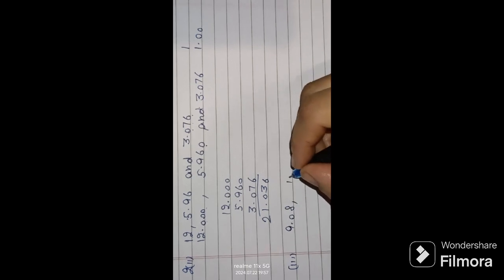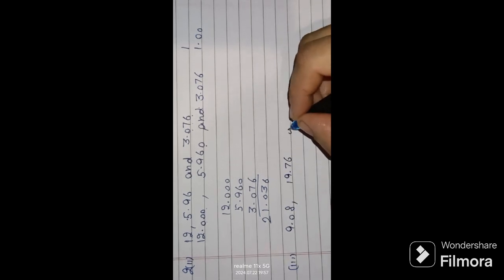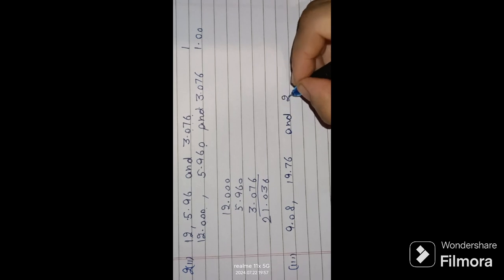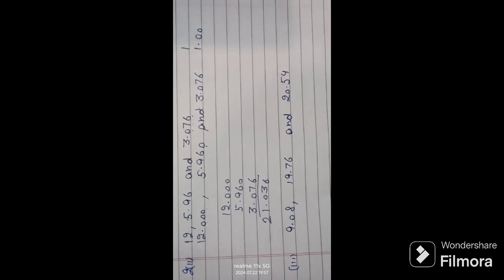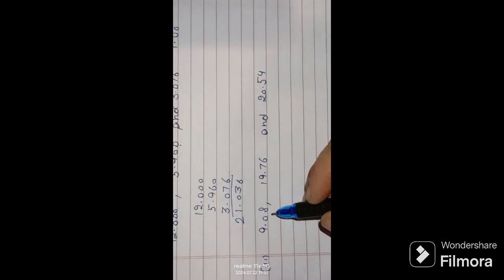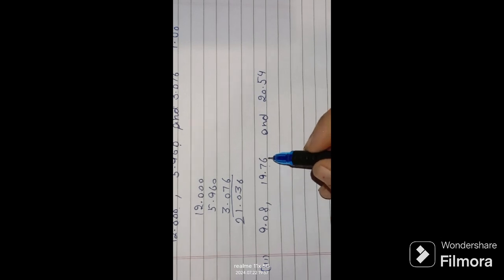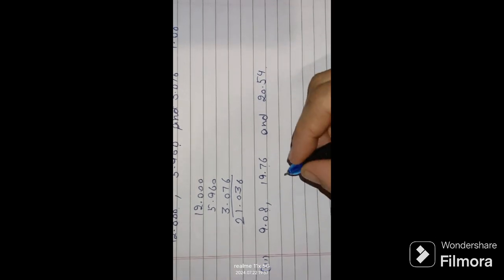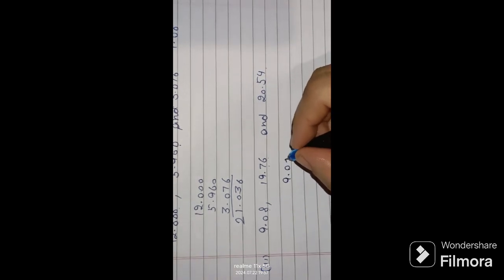The next part, in the next part, 9.08, 19.76 and 20.54. There is no need to change these decimal numbers into like decimals because they are already in like decimals because they are equal number of digits after the decimal point, 1 2 1 2 1 2. So I am simply adding it, 9.08,